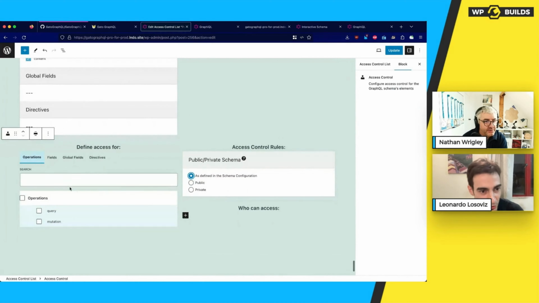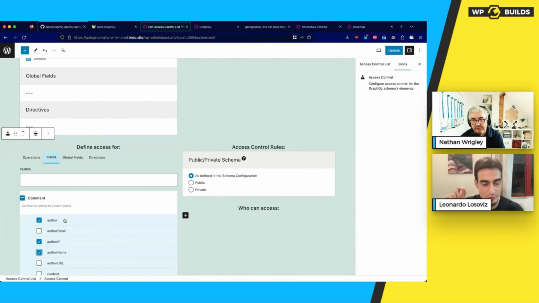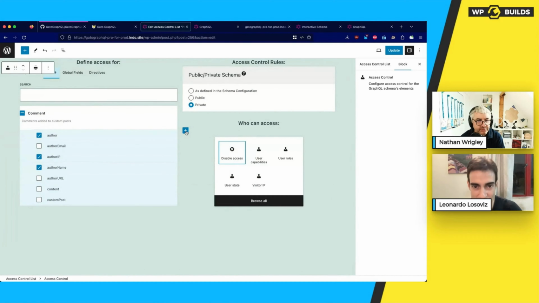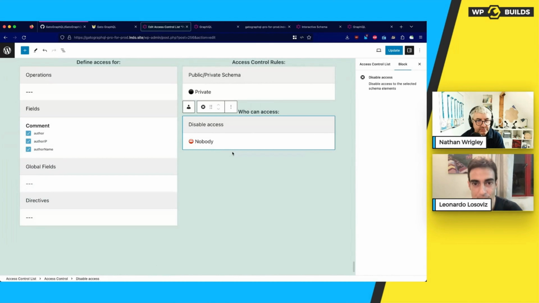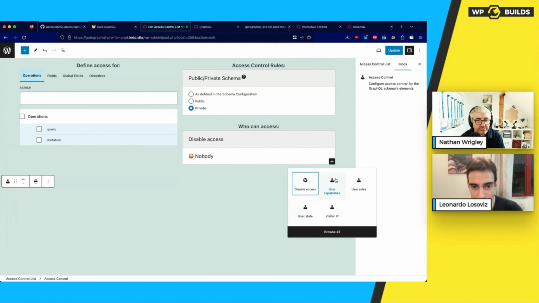Let me add a new entry. So here basically you say the fields: this field, this field, this field. These will be the fields containing the private data for that specific client. And then you can say if it is public or private, I'm going to show you soon what that is. And then who can access this? You can say nobody can access this, or you can say by user capability,